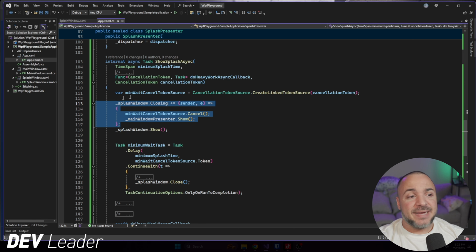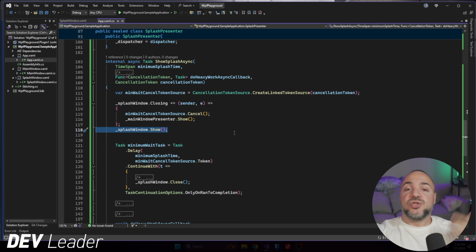So we hook that up when the splash window is closing. Right after that, we're going to show the splash window. So at this point in time, after line 118 runs, we have a splash window that should get presented to